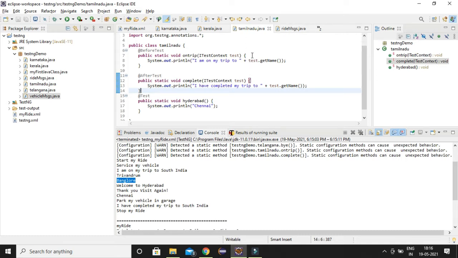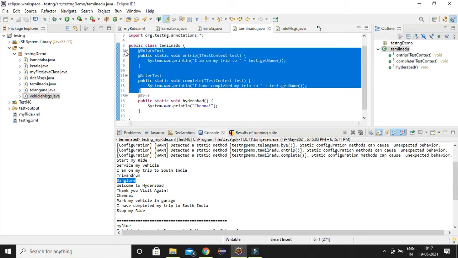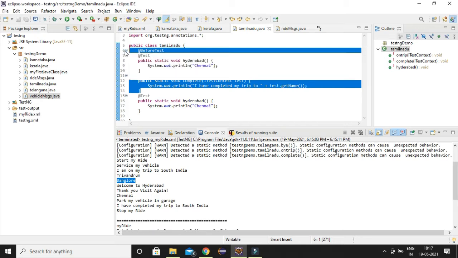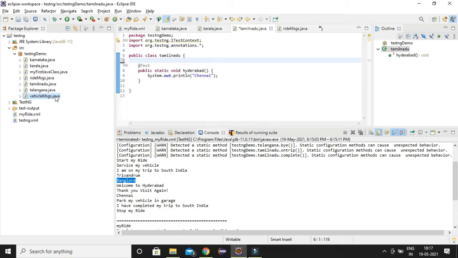Here a class is being used for two purposes: for telling that we have visited this location, and also it is talking about the complete trip. It's always best practice to have each class with one responsibility. I just want to move these methods from here. I've created two new classes, one for vehicle and one for greeting.